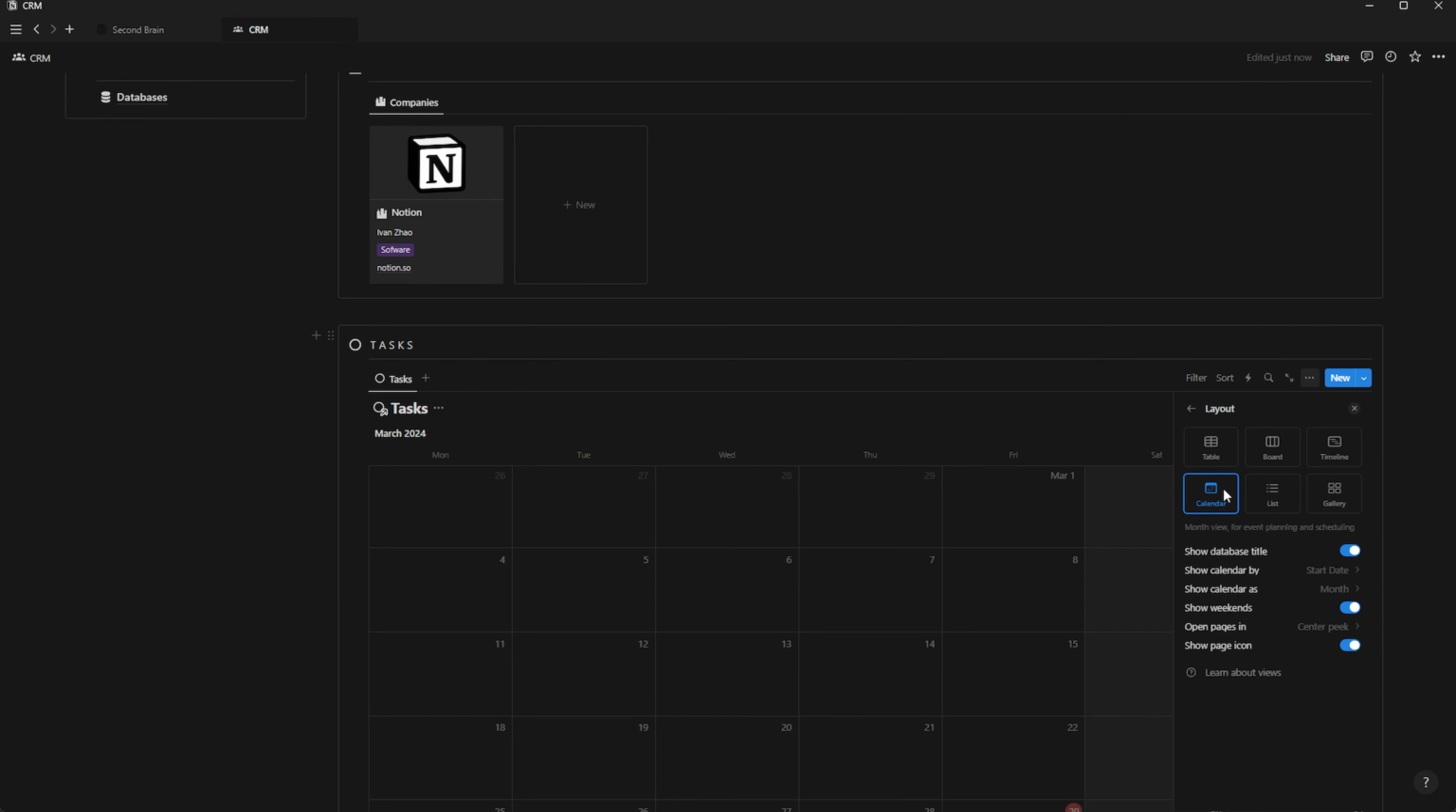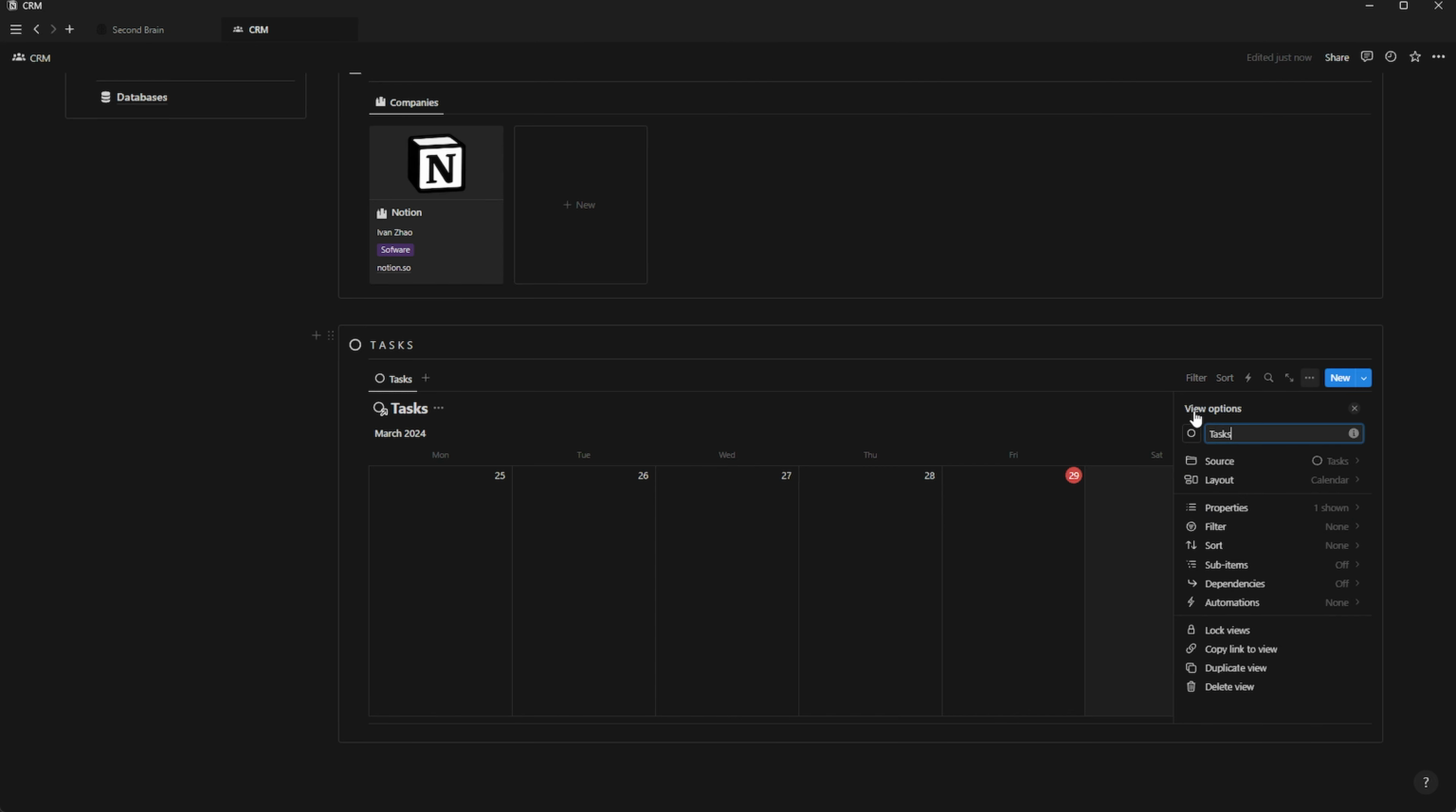Instead of table, we want a calendar view for our due date on a weekly view. So weekends, page icon, perfect. And we're gonna name it this week. And for properties,